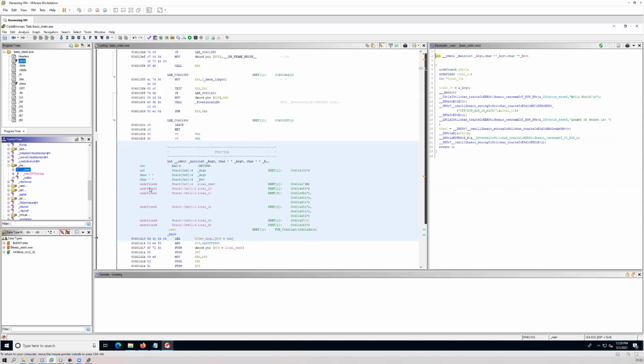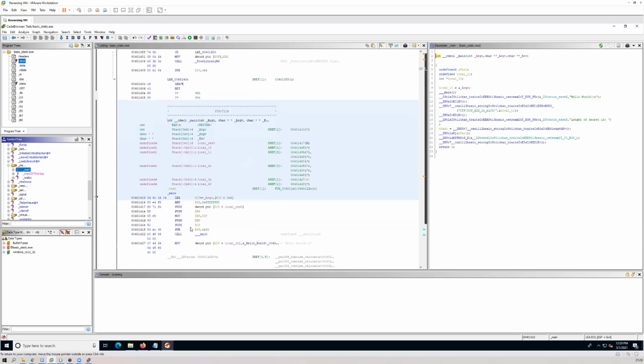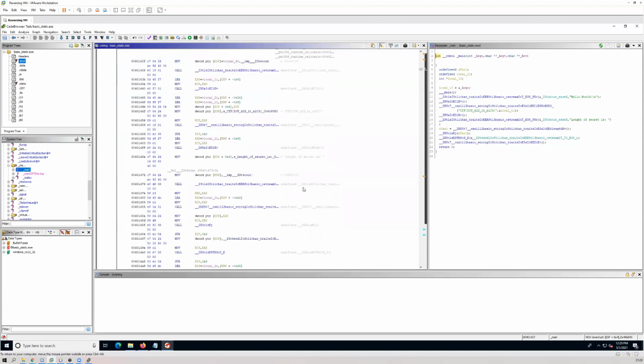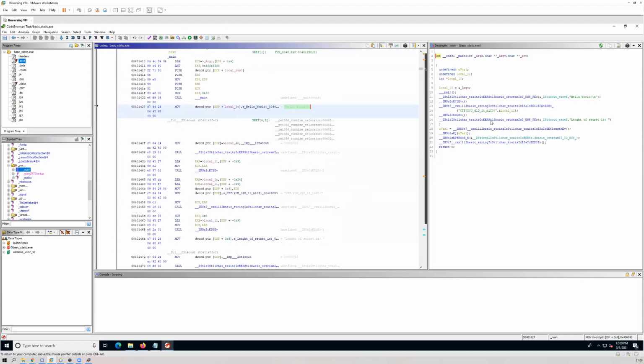All right. So I choose to open the main section. As soon as I open the main section, you will see that you have the disassembly. On the left side of the screen, you will have the main disassembly. And then you can see, for instance, it will say hello world, blah, blah, blah. And then on the right side, you will also have the decompilation. So basically what it means